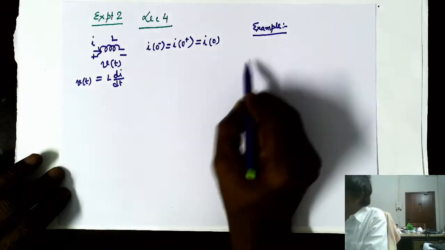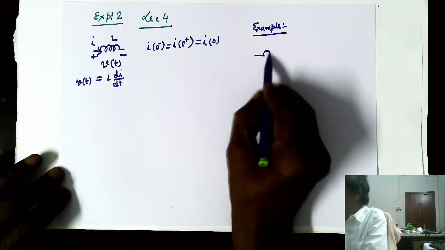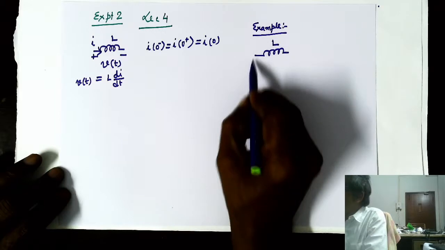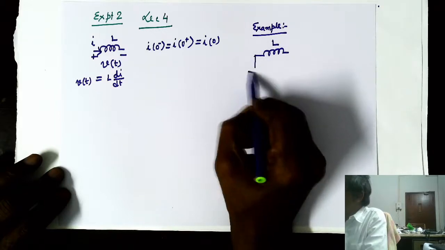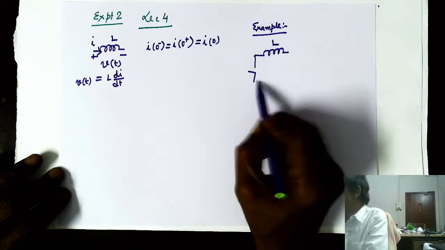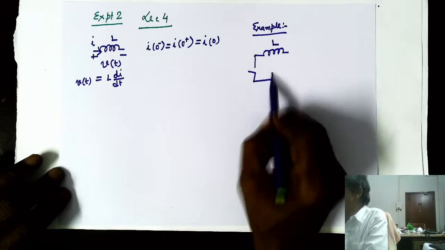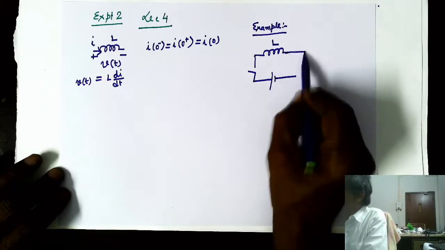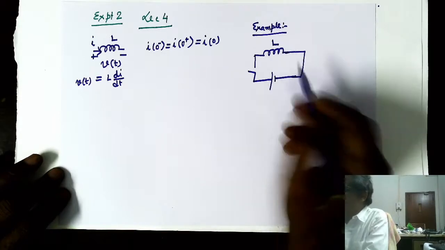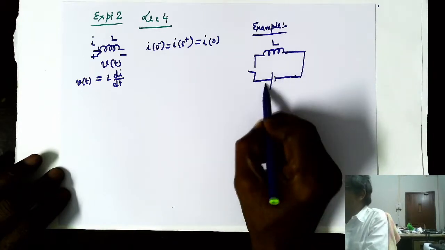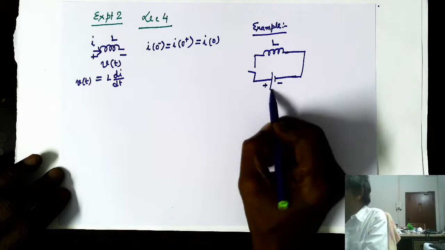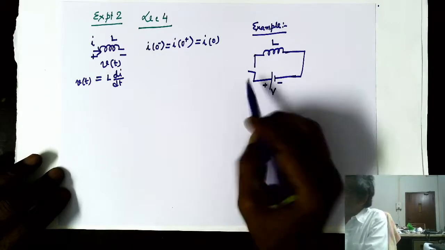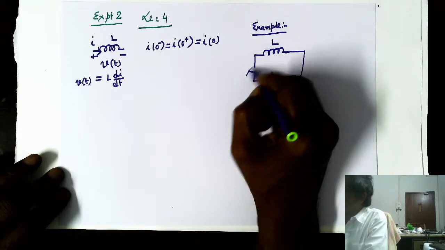Suppose you have an ideal inductor, a switch, and a battery voltage. So v(t) is, in this particular case, constant, a capital V volts, and I will close the switch at t equal to 0,